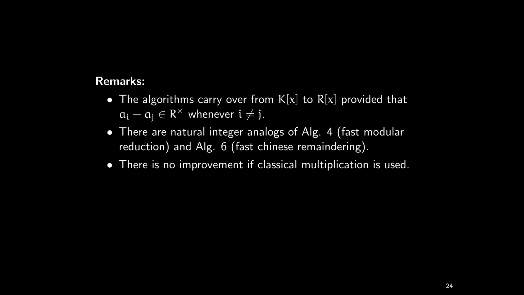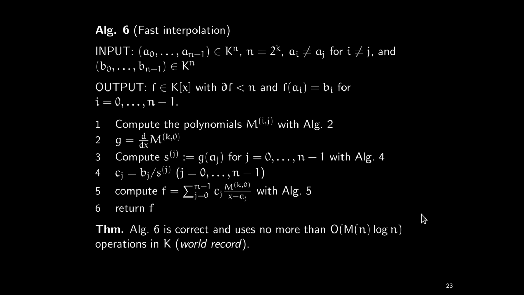Another point that is worth pointing out is that this speed up that we obtain crucially depends on the use of fast multiplication. The results, as I stated them, remain true for classical multiplication because I formulated them for an arbitrary multiplication time. But if you use classical multiplication, then you get n squared here, and then you actually make it worse because you get n squared log n, where Newton interpolation would just take n squared time. So don't combine this with slow multiplication. You really get the speed up only if you use fast multiplication